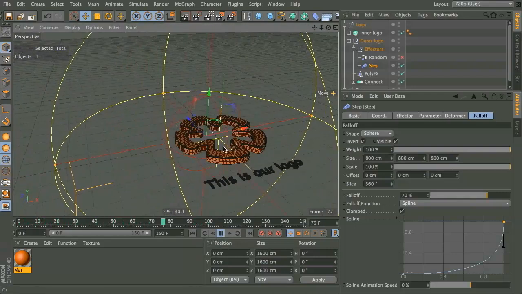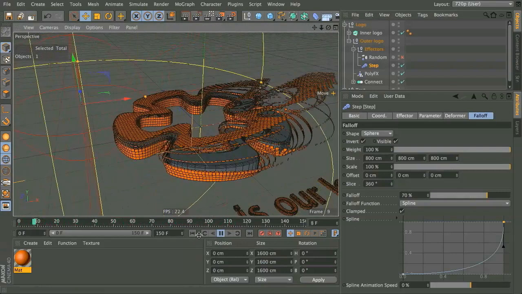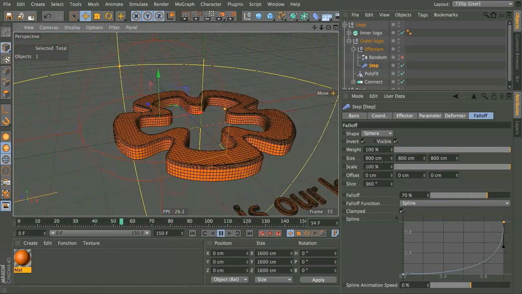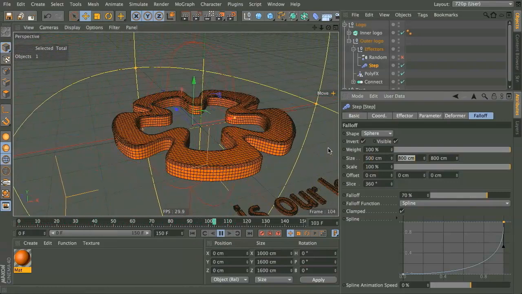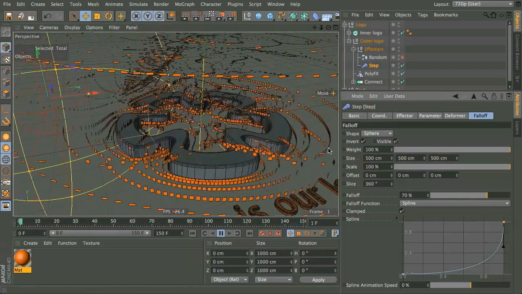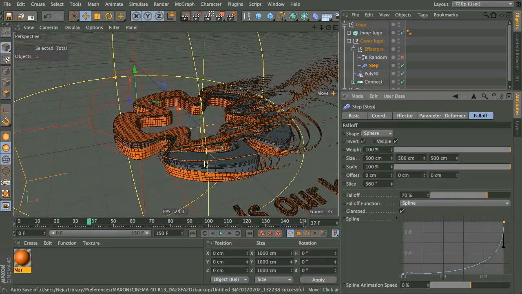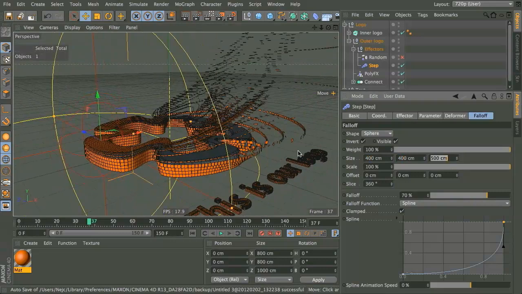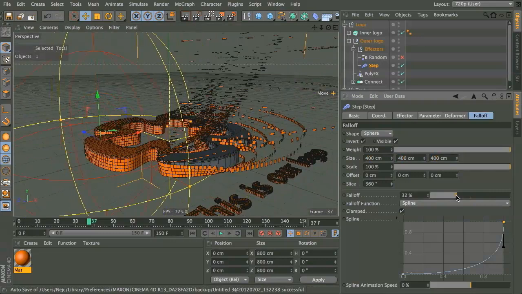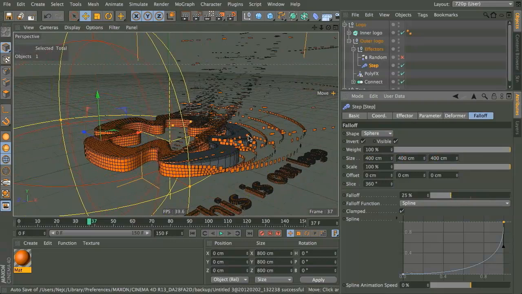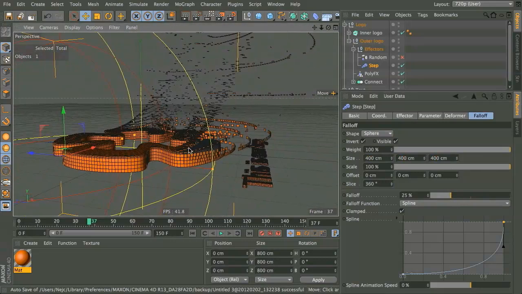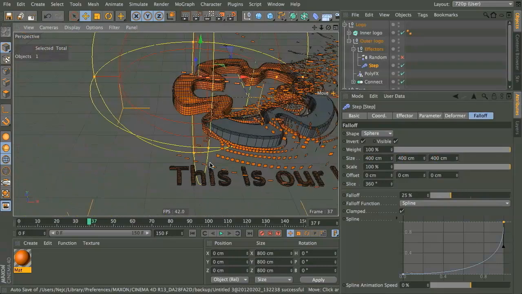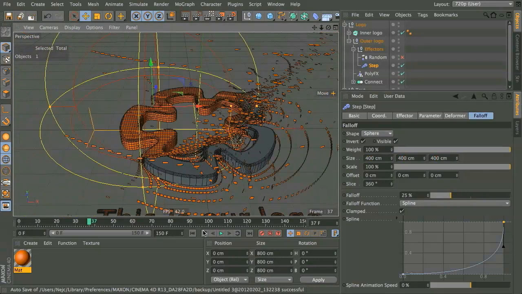Let me turn off my random effector for a while. No, actually I'm gonna go back to 500 because otherwise I lose this curvature. Actually, let me go back to 400 and leave it the way it was in the beginning and set the fall off to 25. I really don't want to lose this nice curvature we have here. So